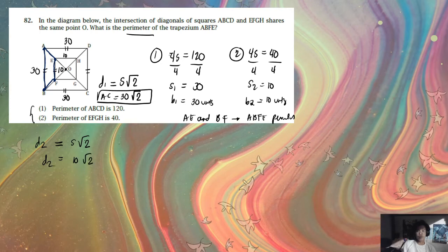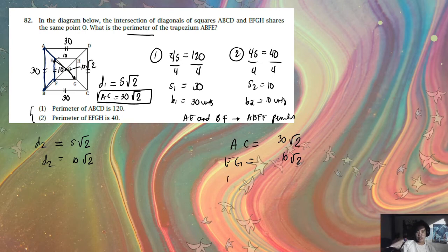There you go. Now if this is 10 square root of 2, since we know that AC is equal to 30 square root of 2, and we know that EG is equal to 10 square root of 2, this diagonal over here,